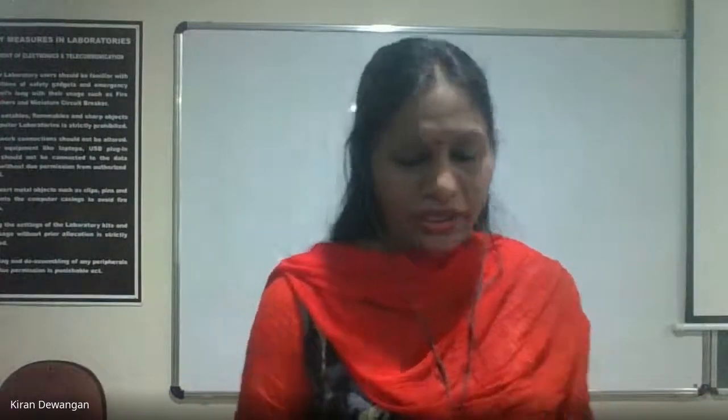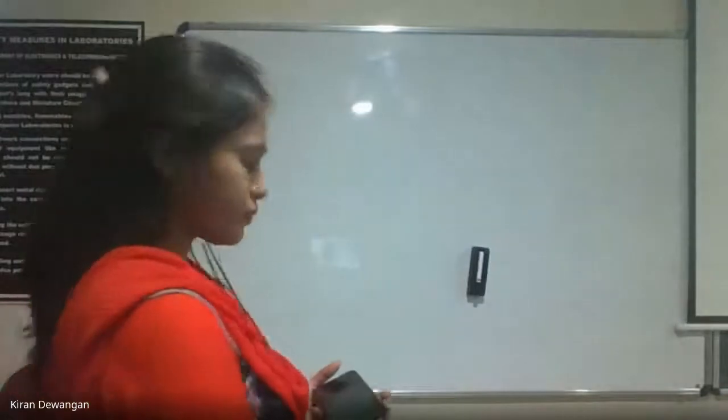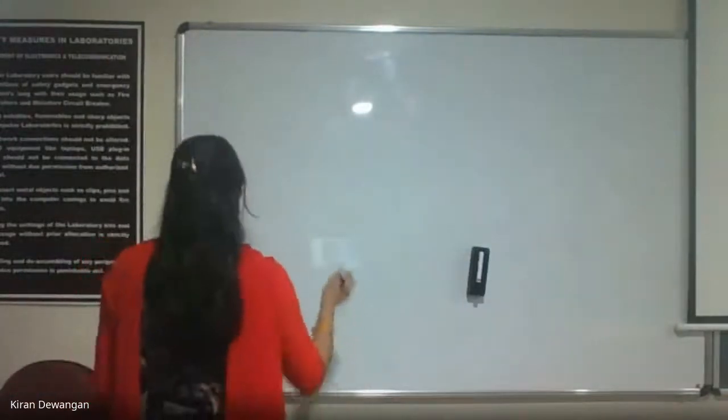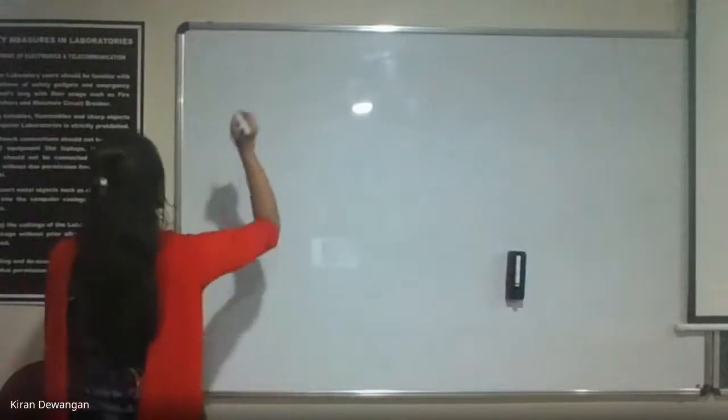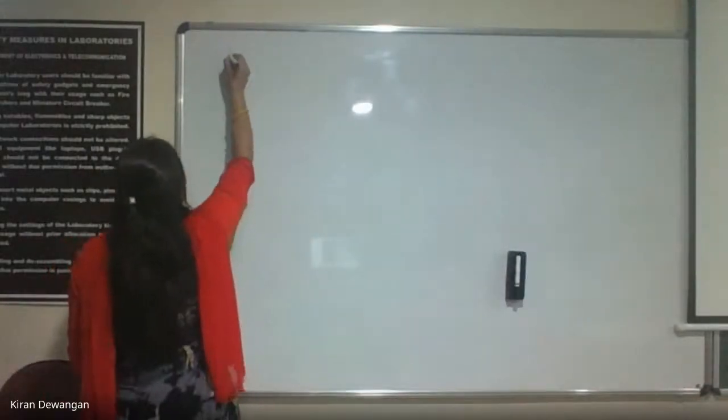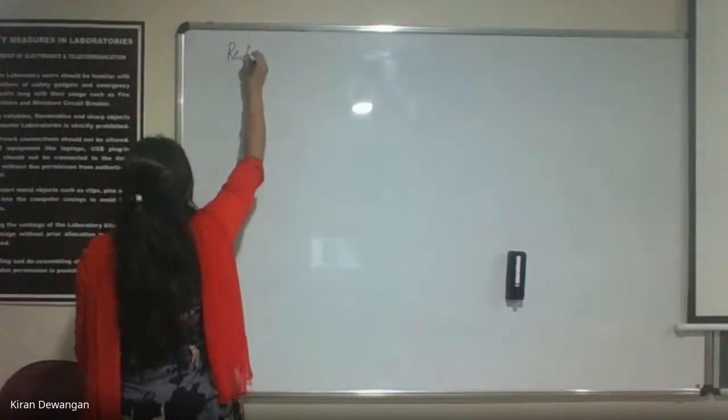Clear? Now we need to understand about the reflective code. Now what is a reflective code? I was trying to make it clear in the last class, so let's discuss that. Just tell me, students, if it is visible or not, because I'm going to explain it on the board. If it is not visible, just tell me. Is it visible? Yes. We'll study about reflective code.